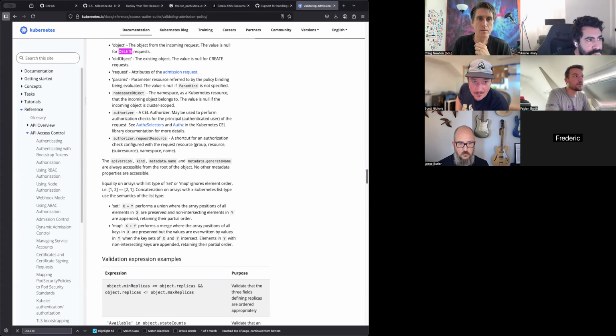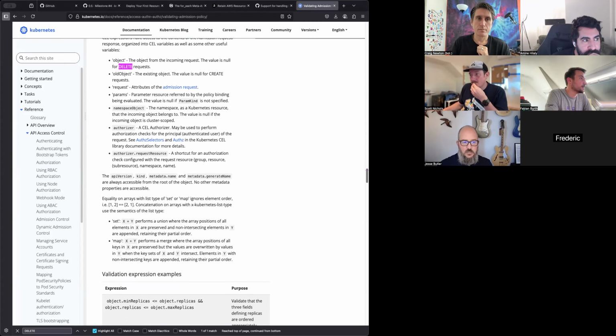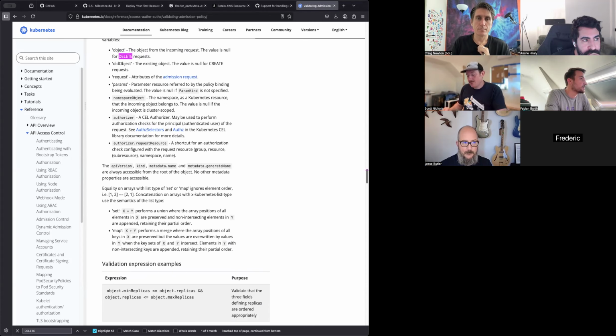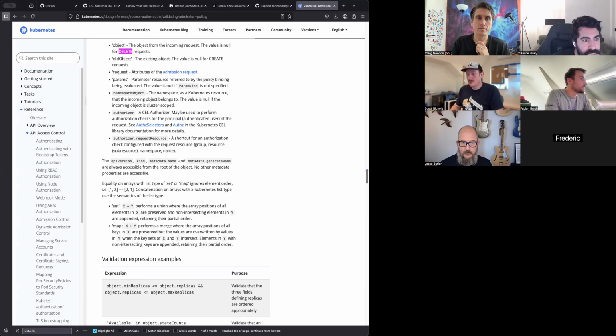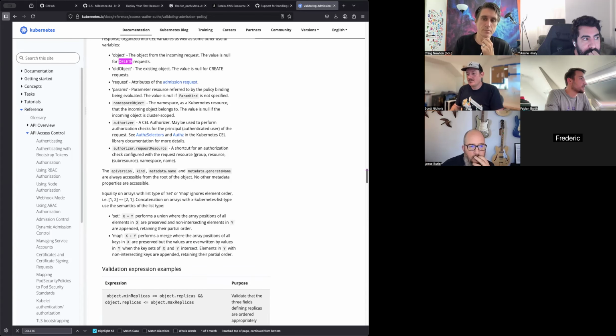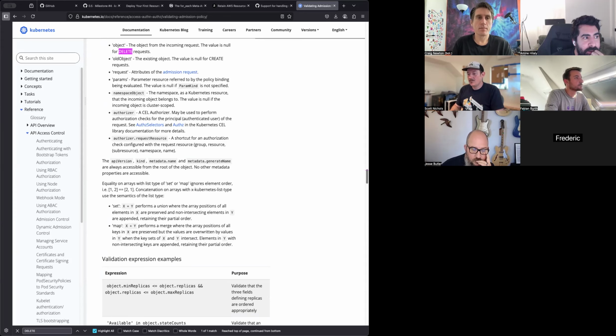Maybe a new question. Crow does not have the ability to watch other clusters than the one it's running on, does it? Because that's usually the issue if you do something with a webhook, right? That you need it on every cluster. Oh, that's correct. Crow doesn't do multi-cluster. I've never thought about the mutating webhook issue in the past, but I can see why that could be a little bit challenging when you have multiple clusters.